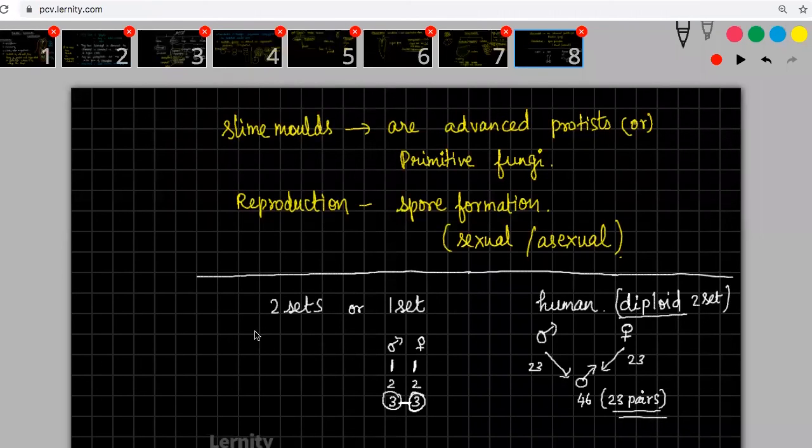Whereas in the case of haploid, there are not two parents. I have just one set of chromosomes, so I will be considered as N. In the diploid case, I will be considered as 2N. I will talk about meiosis later, because meiosis is a slightly complex topic which I don't want to start now.